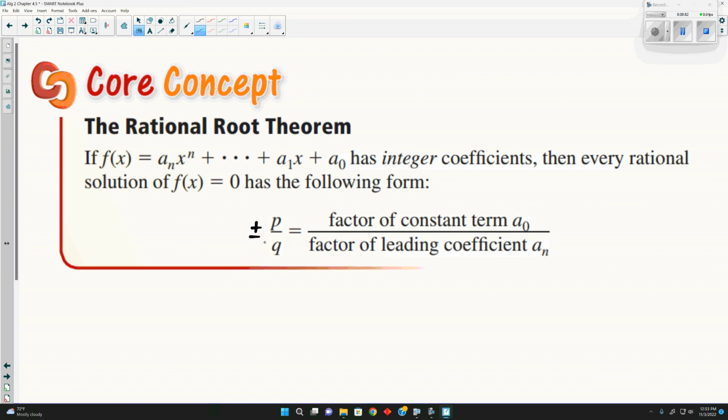Some of the rational zeros that it gives us won't work, but most to all of them could work. It gives us all the ones that could work, but it doesn't mean that they will. So the main thing I would get down is